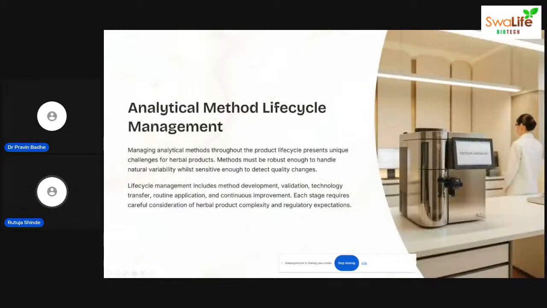This is analytical method life cycle management. So analytical methods for a herbal product need to evolve across the entire product life cycle. So we begin with the method development and validation, but that is only the start. The method must then be transferred, applied in routine testing, and continuously improved as knowledge and technology advance. So the challenge is that the method must be robust enough to handle natural variability, but also sensitive enough to detect meaningful quality